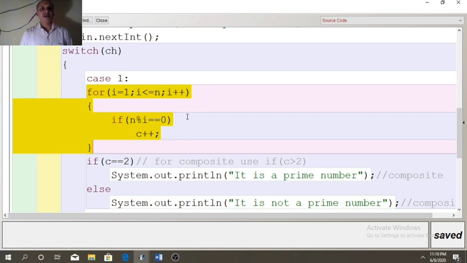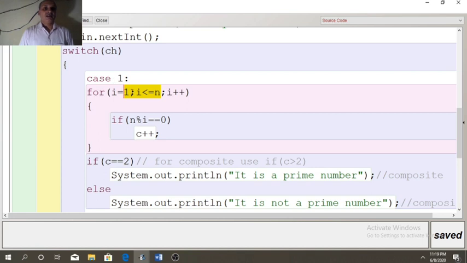Since factors of any number start with 1 and the number itself is also a factor, our loop will start from 1 and it will go up to n, 1 to n. So if the value of n is 3, our loop will run 3 times, 1, 2 and 3. So we have to find out what are the factors of 3 among the numbers 1, 2 and 3.